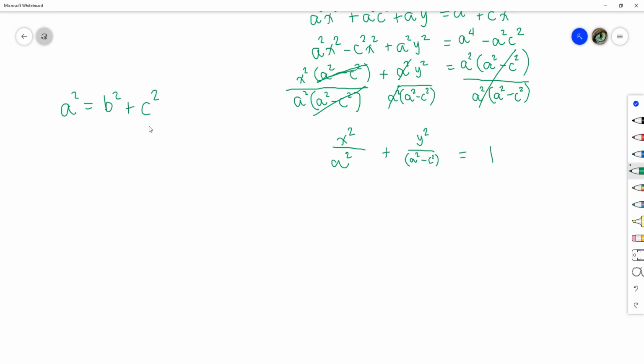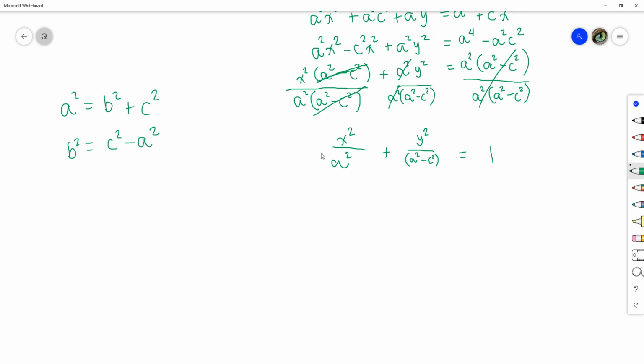And we could have b squared is equal to a squared, rather, c squared minus a squared. So in other words, this,